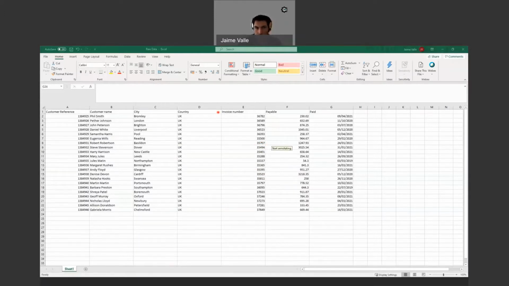I want to do something very quickly today, which is formatting a list of numbers as currency. I've got this report, this list in front of me, very similar to the ones you may use at work or at home. I've got my list of names with customers, city, country, etc., invoice. And this column here should be money. This is the amount payable by these customers.